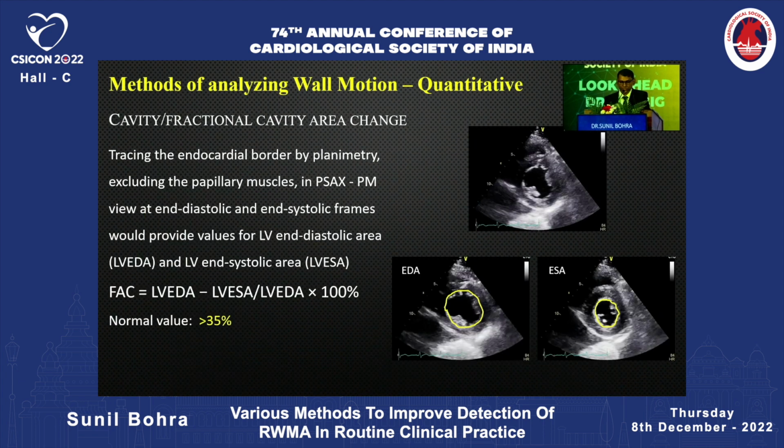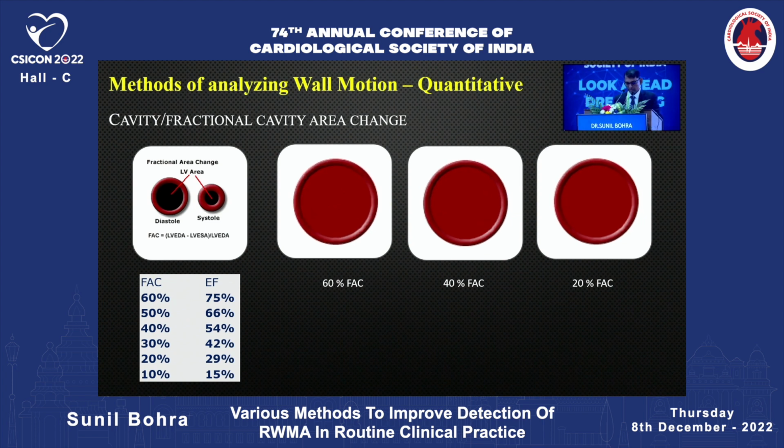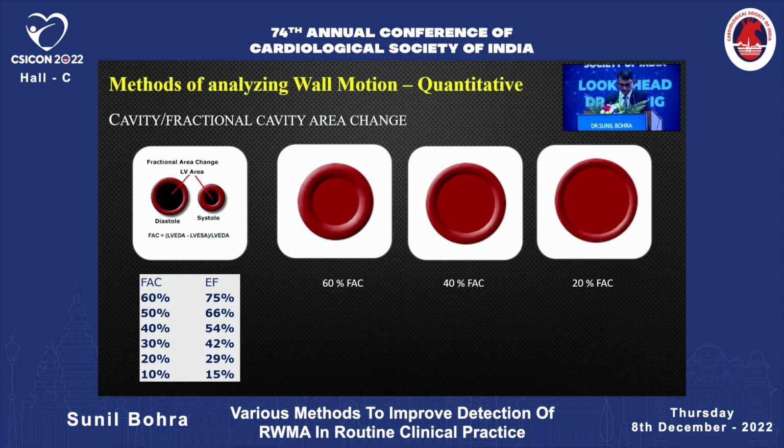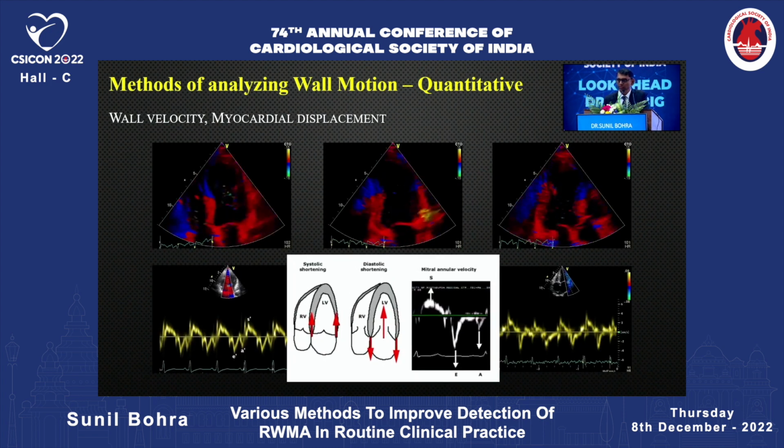The fractional cavity area change, again we are tracing the endocardial border in the end diastole and the end systole, and by using the formula we can have a value, and any value more than 35% is considered normal. So this fractional area change is very important because we can calculate the EF based on the value we get. The next method is the velocity imaging, that is myocardial displacement. Here it gives some sort of quantitative data wherein we can give a number to the systolic motion of the annulus, but then again it is not very specific, and it is angle dependent,